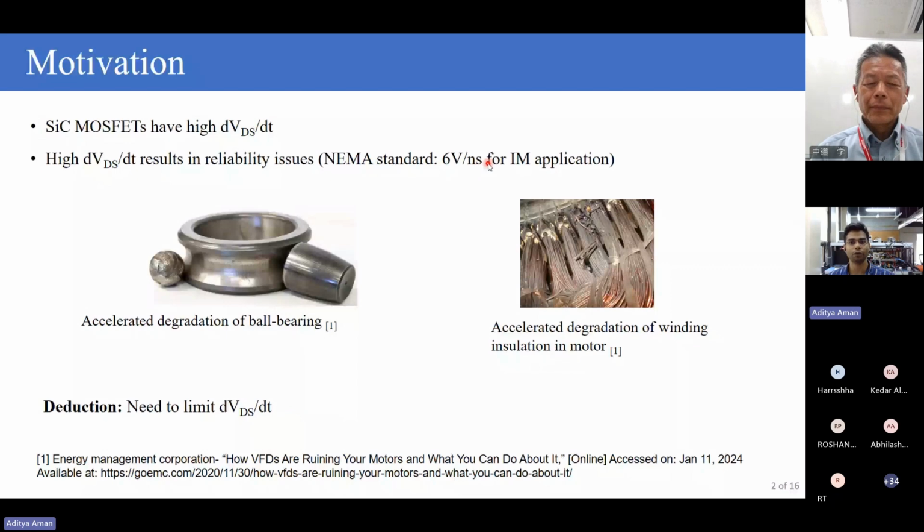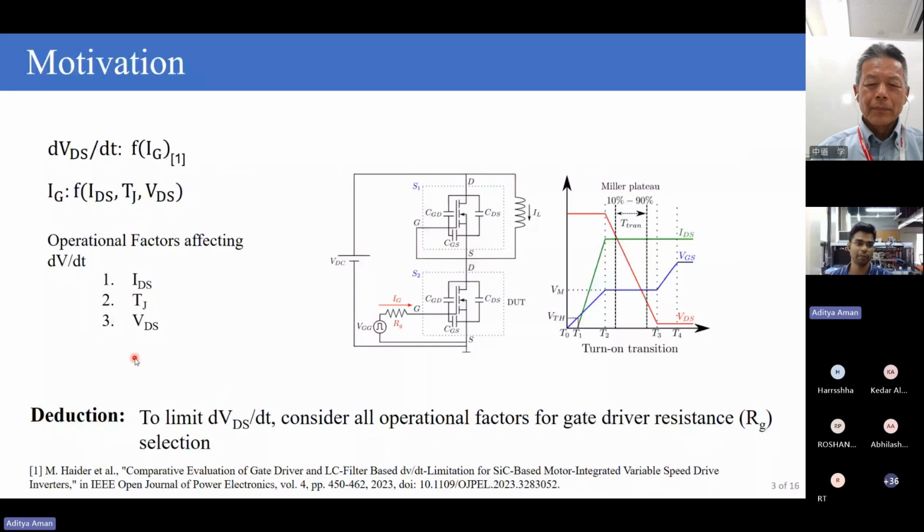Now, what would happen if you go beyond this particular standard limit? It is expected that you will accelerate the degradation of the ball bearing, and you may accelerate the degradation of the winding insulation. So the bottom line is, in certain applications, you need to limit the dV/dt. So if you want to limit the dV/dt, one must understand the factors on which dV/dt